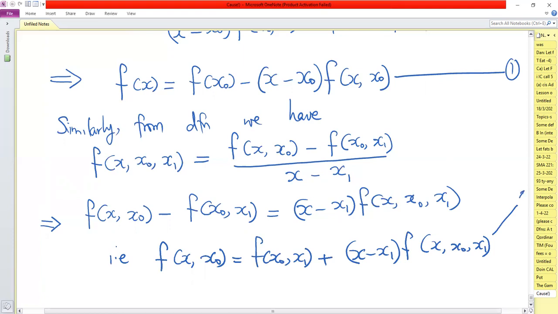Call this one equation 2. Now what you are going to do is pick the right-hand side of equation 2 and replace f of x, x naught in equation 1. So replacing 2 in 1,